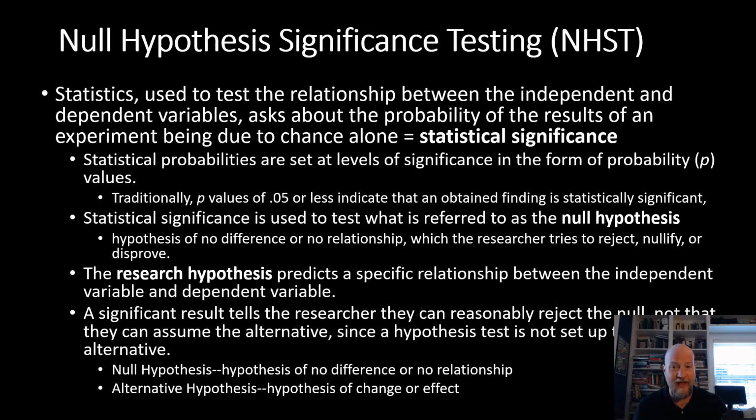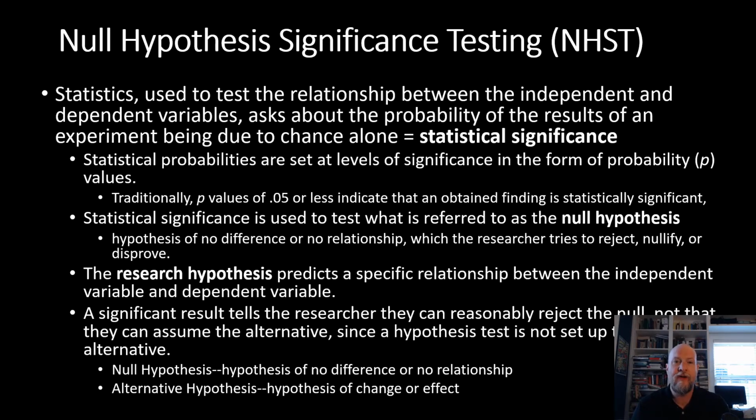As we've discussed in the class, that difference might be due entirely to chance alone. It might just so happen that through random assignment, I put people in the treatment group who were doing better on the outcome to begin with. There are various reasons why, just by sheer chance alone, you end up with groups looking different than one another. What null hypothesis significance testing is doing is trying to determine how confident we are that that is not the case. There are a lot of negatives in this that you have to wrap